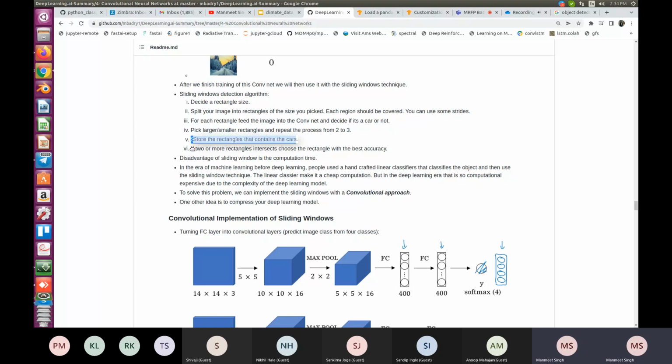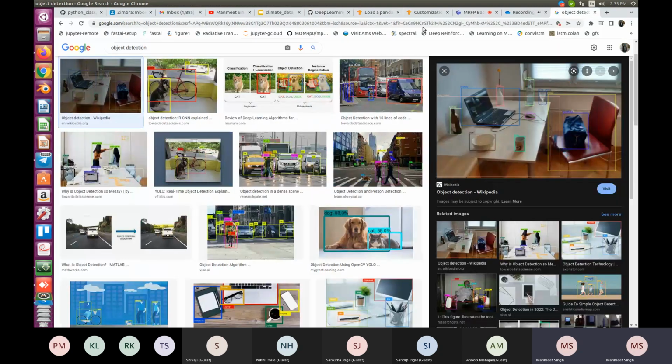And if two or more rectangles intersect, choose the rectangle with the best accuracy. So when will two rectangles intersect? When they contain the same object. There is a metric known as intersection over union that is used to